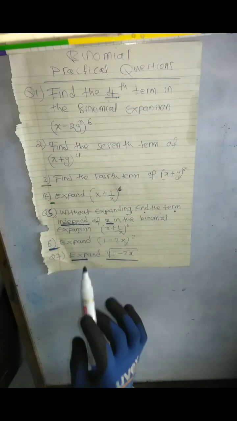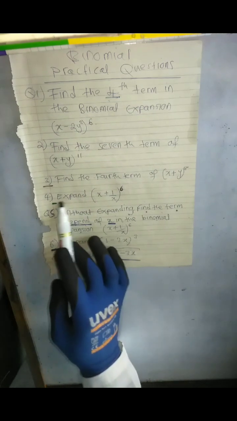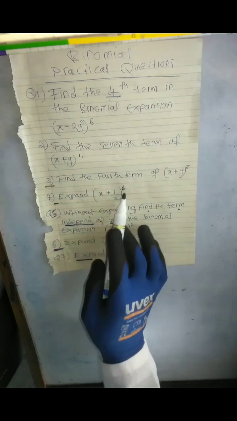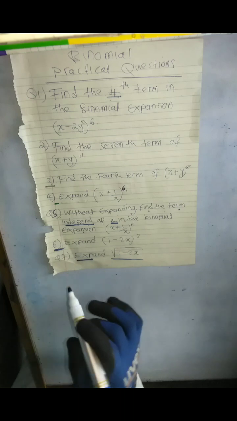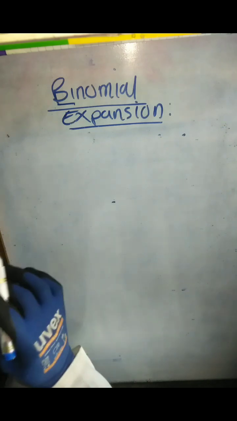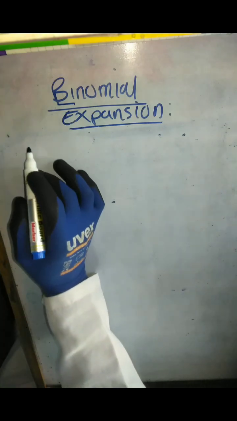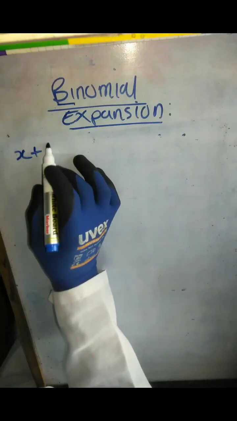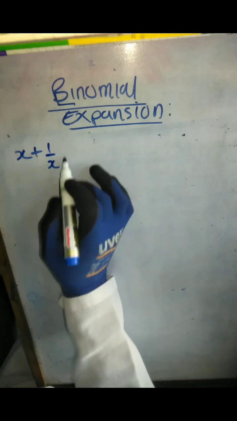Then we can go to maybe this one, expand. When you just say expand, maybe up to third term or fourth term. So we are expanding this up to the sixth term according to the power it has. When you just say expand, maybe they specify up to third term, then you have to use the formula. So if you check this question, it's saying expand, then we have x plus 1 over x everything to the